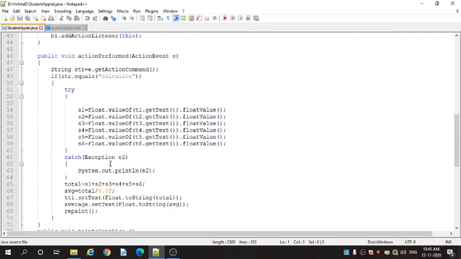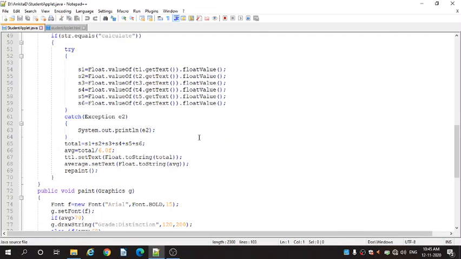After that we are calculating the total, that is total = s1 + s2 + s3 + s4 + s5 + s6. We are adding the marks of 6 subjects and storing them in the total variable.